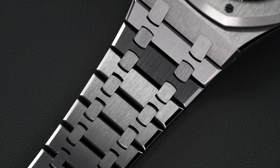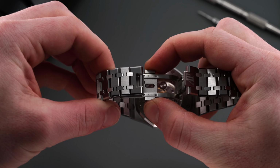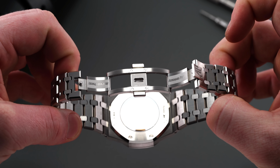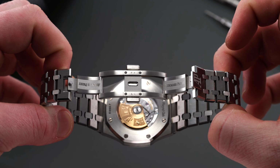inner segments throughout. Tapering from 26 millimeters where it meets the watch case to 18 millimeters, the clasp is a positive feeling push-button dual deployant model that works well and is finished inside and out while foregoing the use of any micro adjustment, which could make finding a perfect fit increasingly difficult, though we didn't have any trouble when sizing